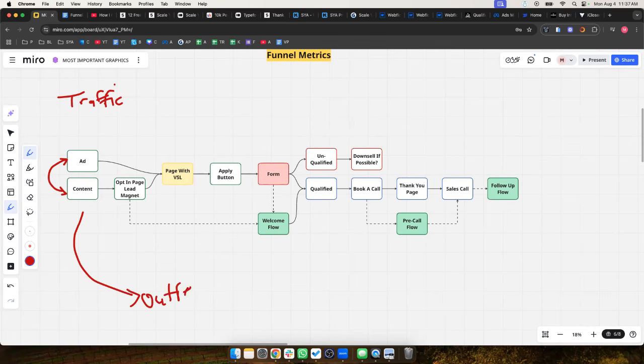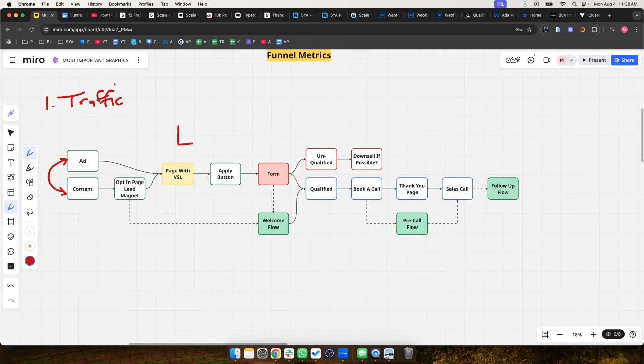If someone is a fan of yours, watches all of your content or reads all of your posts and sees your ads all the time, and you just happen to reach out to them because they're in your target audience, they're much more likely to respond than if you didn't have any content or ads, in which case you would be completely anonymous to them. So, number one is your traffic. If you're not getting enough traffic or it's too expensive, that's bottleneck number one.